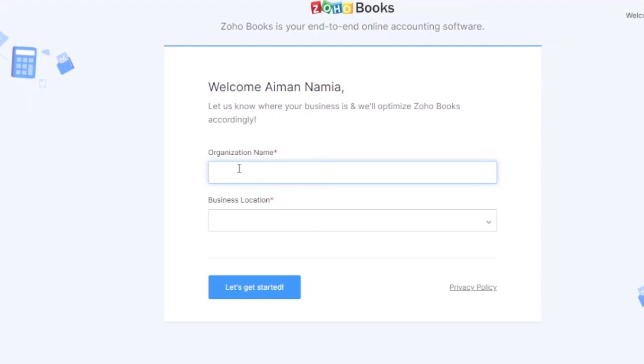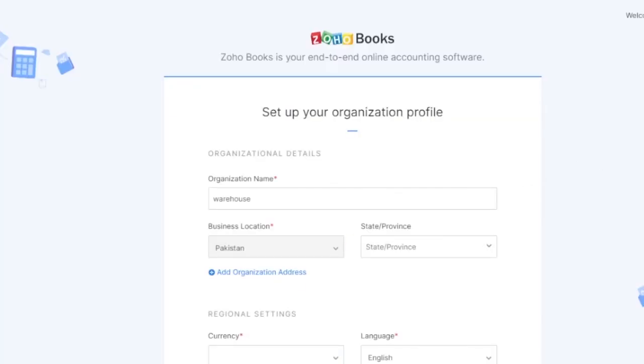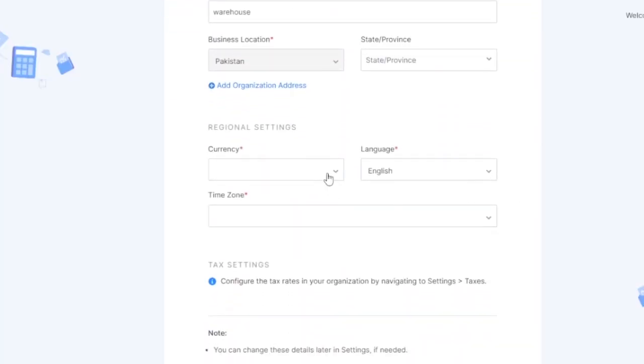So I'm just going to add in my organization name, which is Warehouse, and now I need to add a business location, and for that I need to choose a country. Okay, so here it is. Let's get started. Okay, so now regional settings, you have to add in your currency, the currency that you want